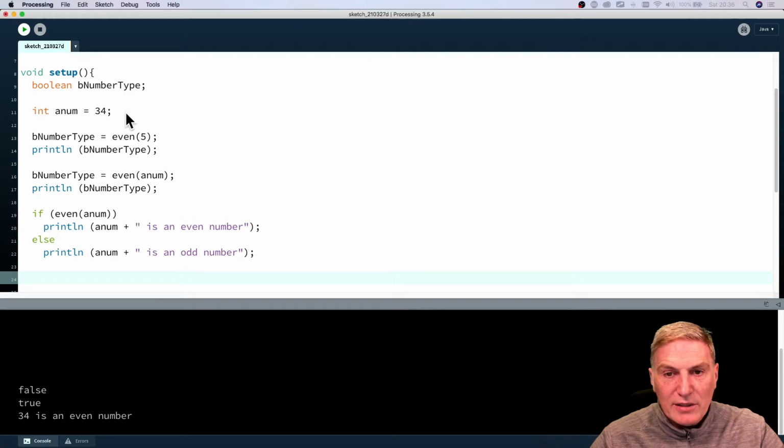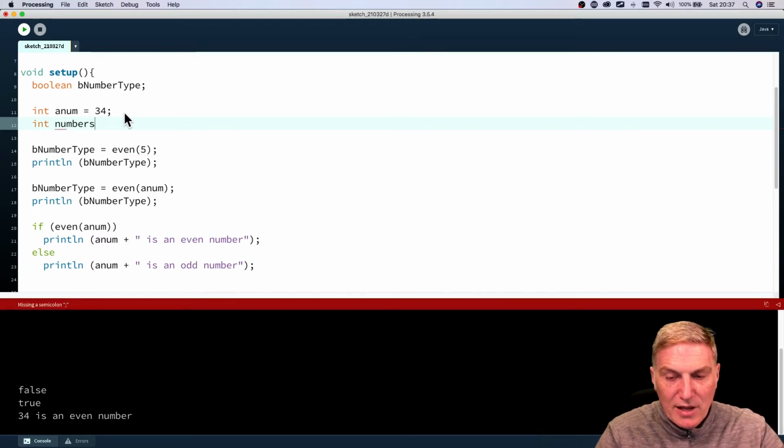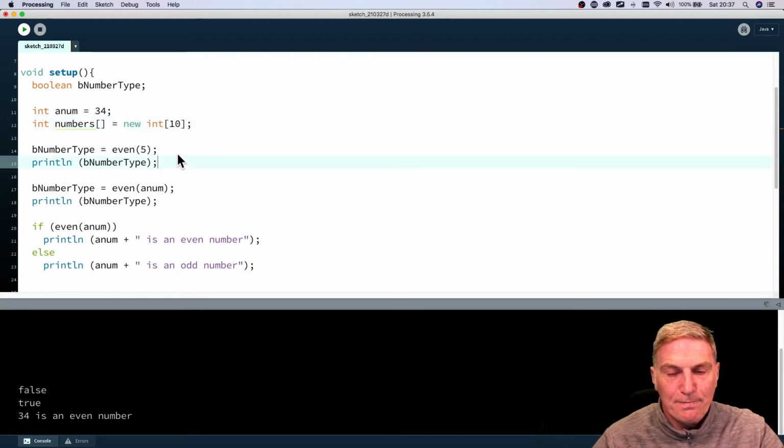So let's do that. I'm going to call my array, it's an integer array, numbers. It's an array, so we're using square brackets, and it's going to be a new integer array. I'm going to store 10 numbers in it. So we declare it like so. Okay, and now I can use that